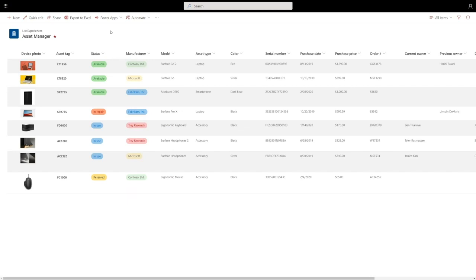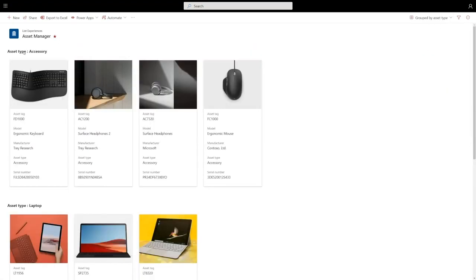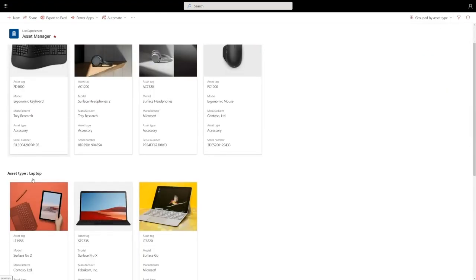But we have a different visualization that's really well suited for lists like this, where the visual element is really the focal point. We have a new gallery view. You can see here that this is really shining a spotlight on the picture of the device and makes it a little bit easier for me to visually scan my list and find a particular device. These are sort of views that carry with it all the powerful sorting, grouping, and filtering capability of SharePoint, so I can switch to another view that's grouped by asset type, and I can get these same sort of configurable